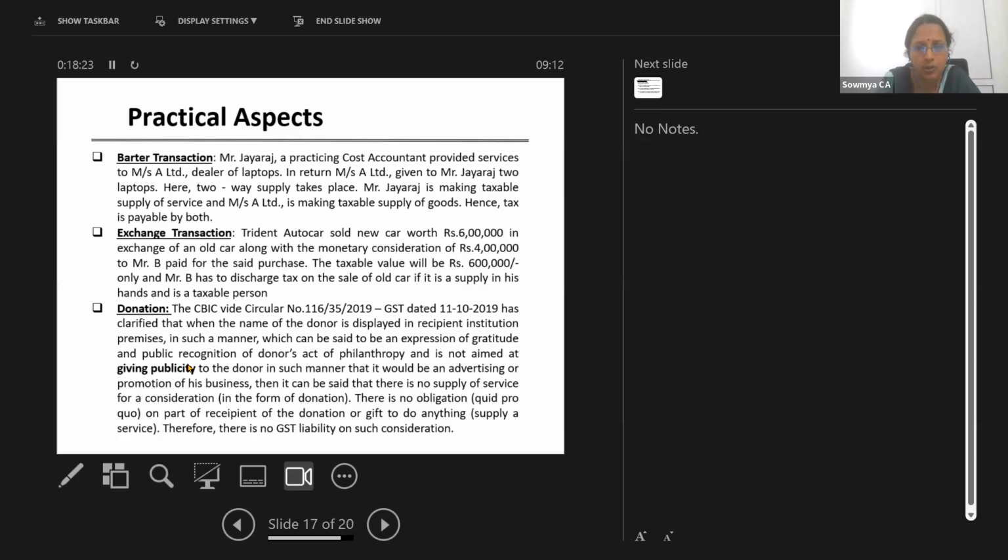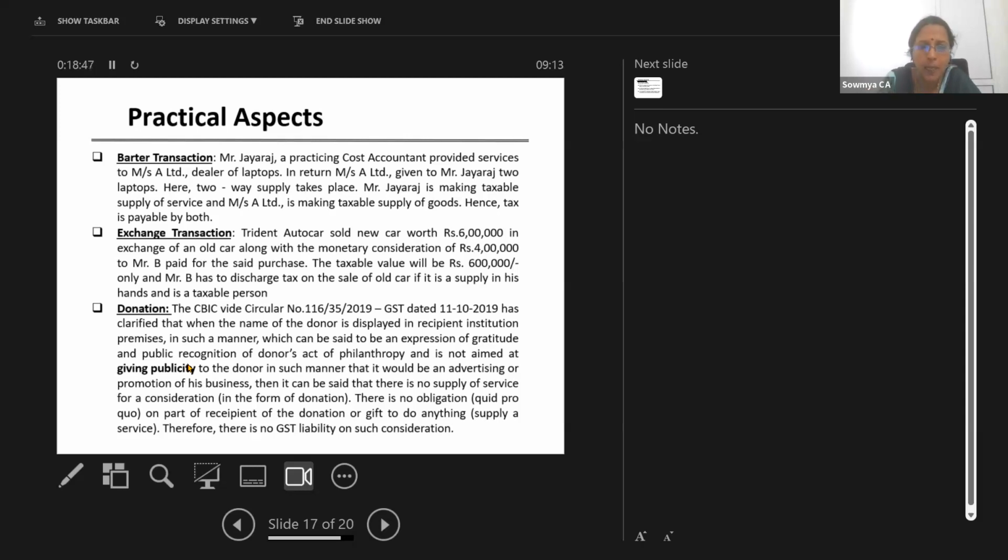Jairaj being a cost accountant, there are two supplies that take place. So the valuation for this supply is that there will be two supplies instead of one. Somebody was asking what will be the value of supply, whether it will be the consulting charges charged by Mr. Jairaj for such services,